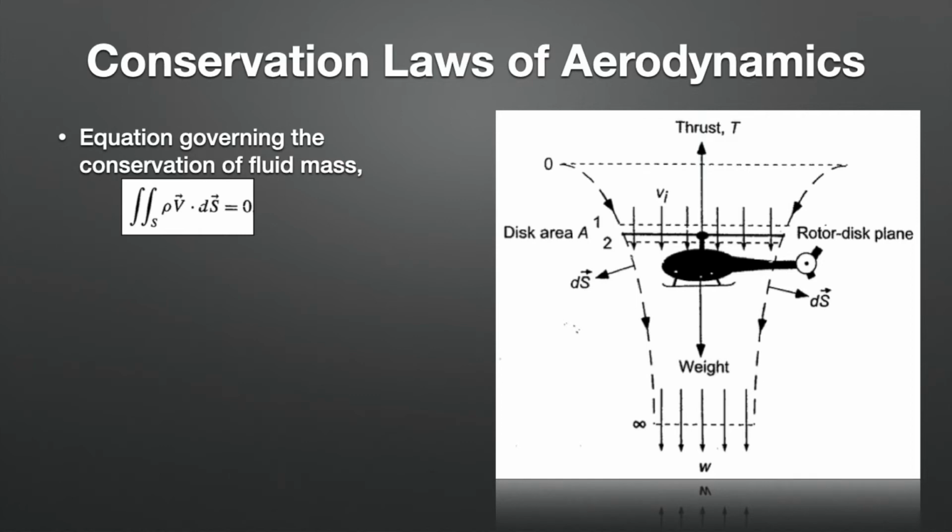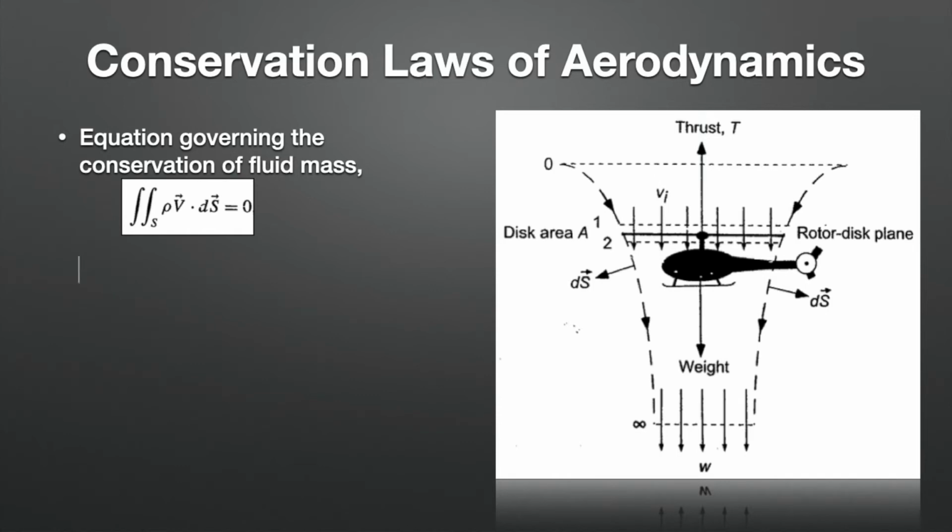This equation states that the mass flow into the control volume must equal the mass flow out of the control volume. What you have to observe here is that the basic conservation laws are conservation of mass, conservation of momentum, and conservation of energy. The first point we have discussed is conservation of mass. Here the mass is with respect to the fluid in the region S.